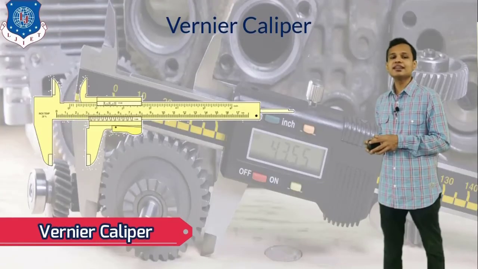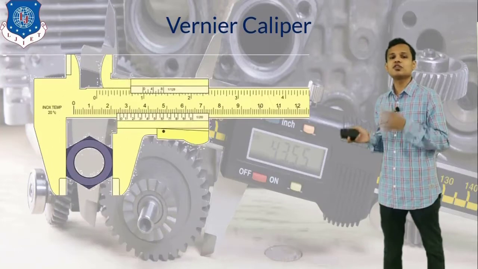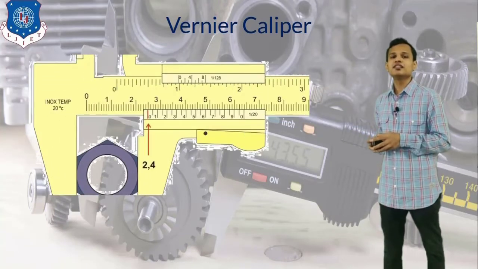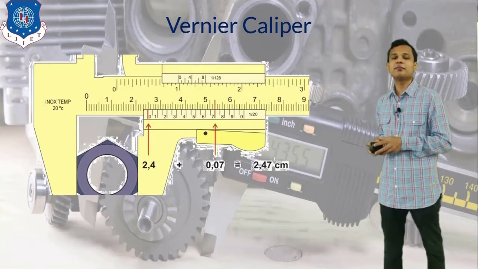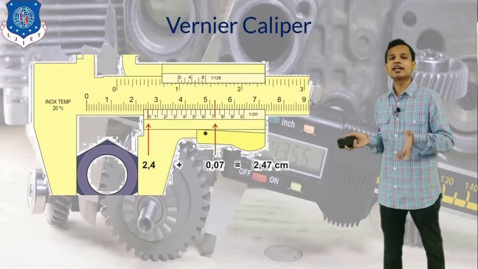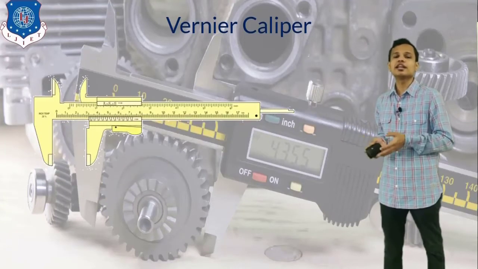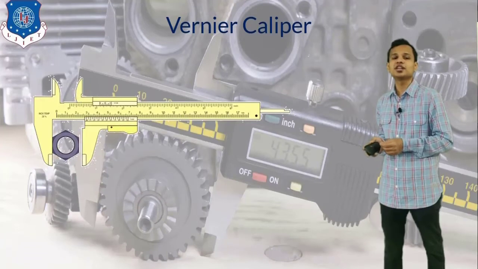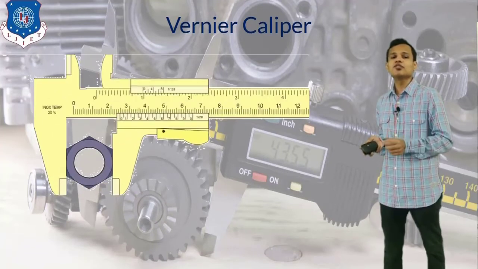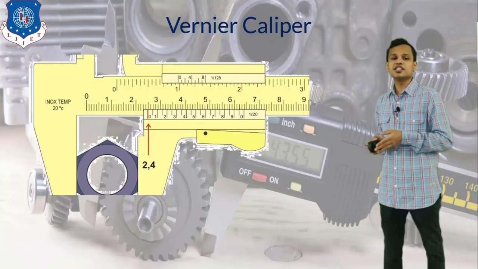The second thing is the vernier caliper. Now in the case of the vernier caliper, you can see a small illustration of the vernier caliper has been shown. The vernier caliper can be used to measure the outer diameter as well as the inner diameter. How to use the vernier caliper has been shown in the illustration. In that, the two arms of the vernier caliper will be fitted around the component which needs to be measured.